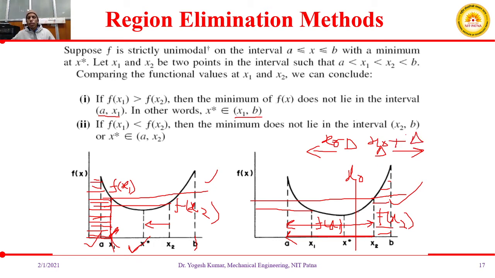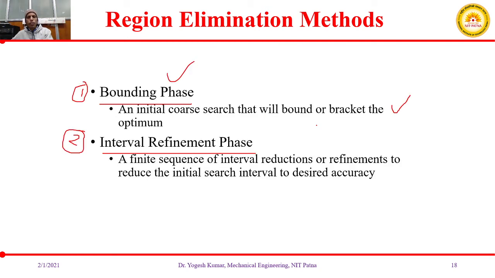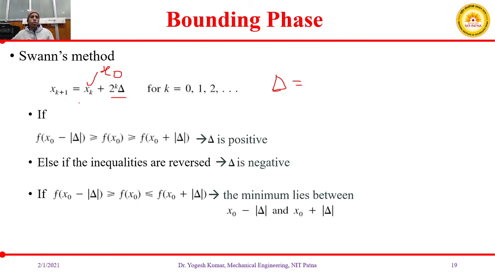Okay, so we are taking some step size, and we are moving on either side of your starting point. That way we are applying your region elimination method in order to find the exact region, or some bounding region where your possible solution or optimum value will lie for the given function in a given interval. Okay, so let us take